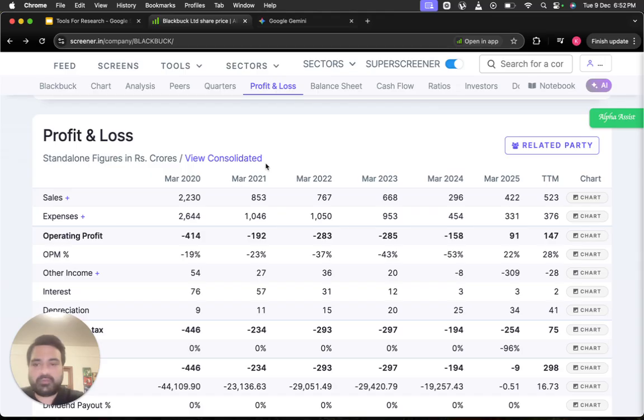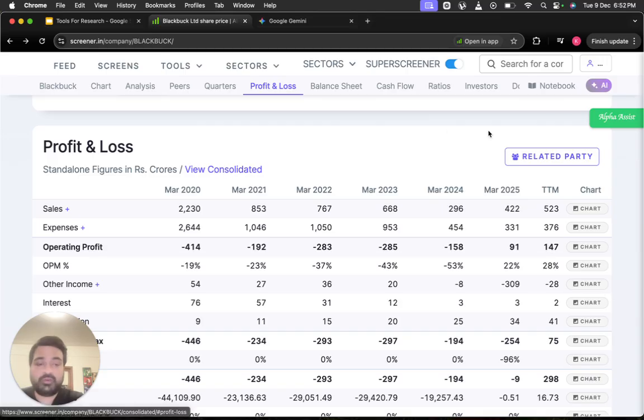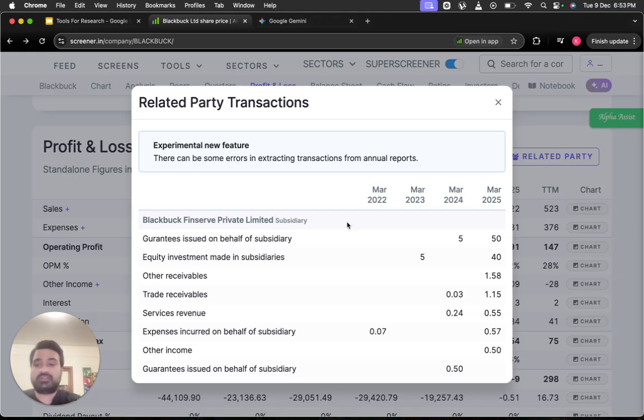These are the annual profit loss statements. You can also view consolidated. One important thing here is to view related party transactions. Related party transactions are very important when doing equity research. It's something that a lot of people do not pay enough attention to, but it